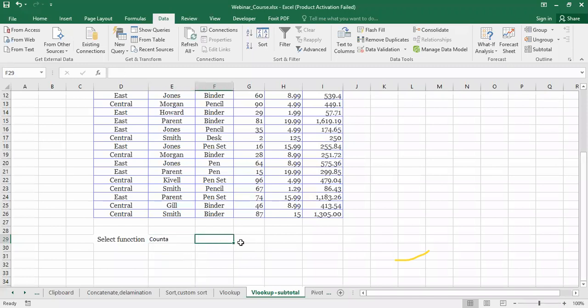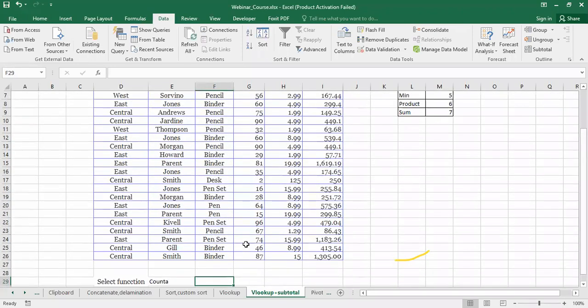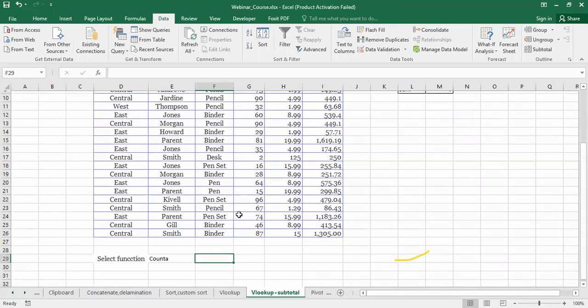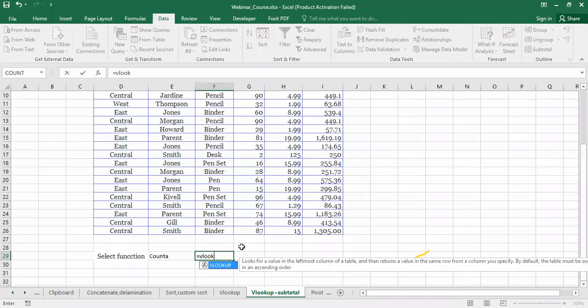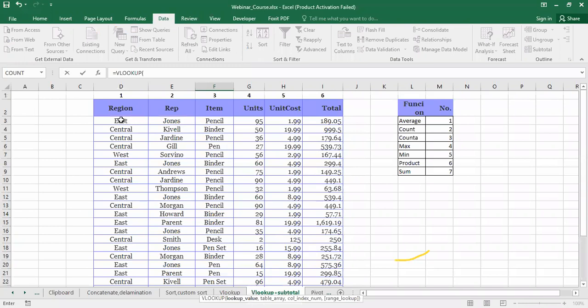Now here, what I want to do, I want to fetch certain data from this particular data table, right? Okay. So for that, I will do it once only. Say I will use the VLOOKUP first. VLOOKUP from the table array. So I will select the table array. I want this complete table array.